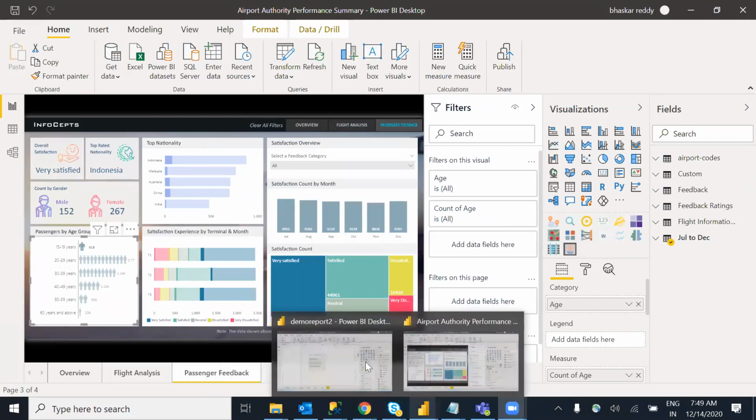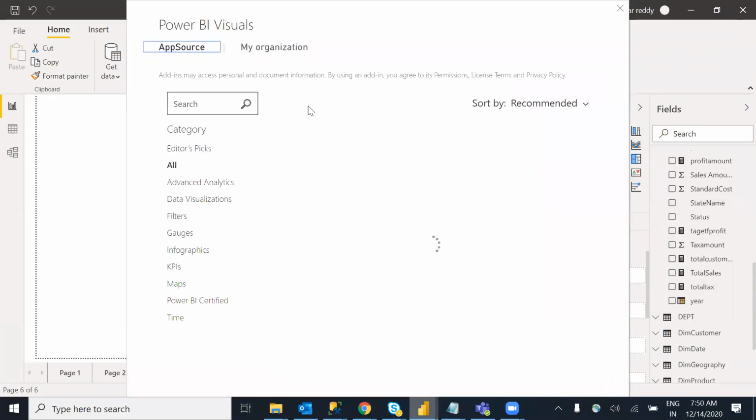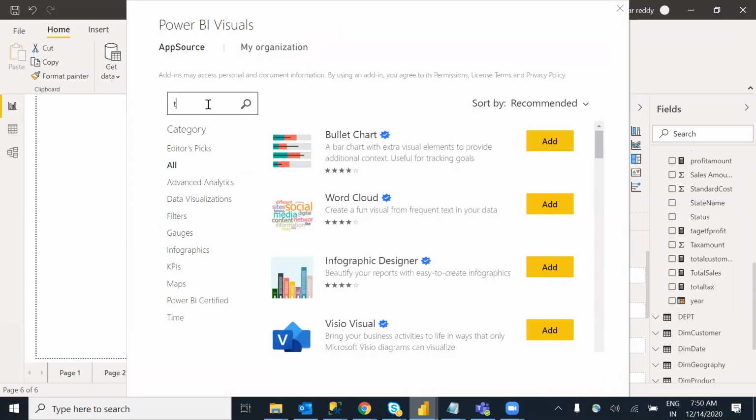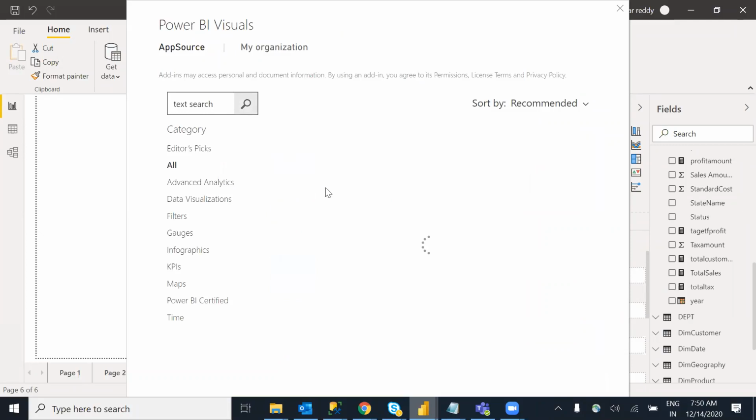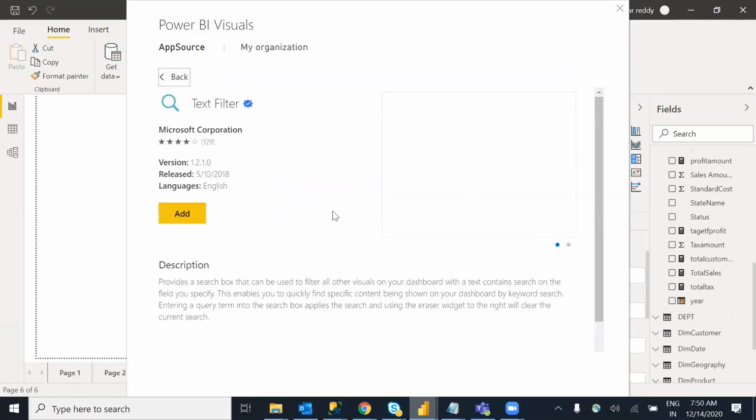Let me show you. You have to log in with your account, then click over here on Get more visuals. Let me try a text search. I want to search for a text filter or text search.